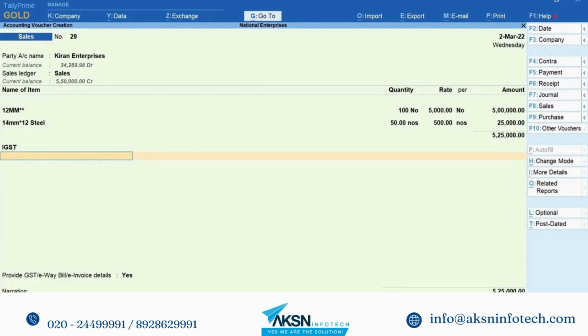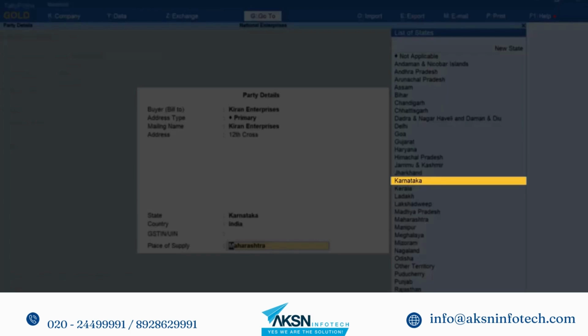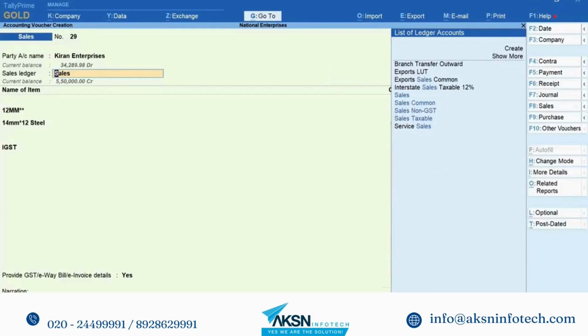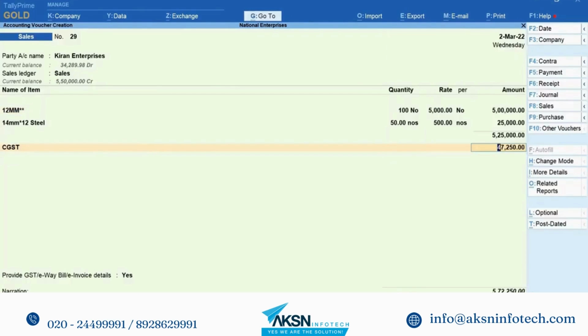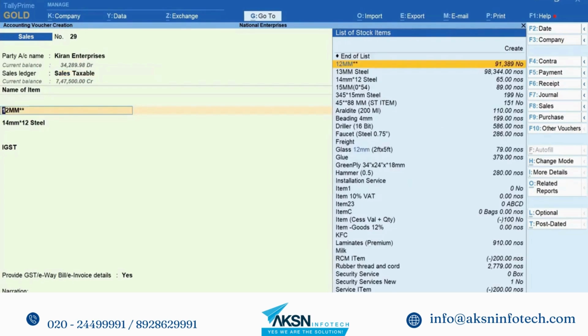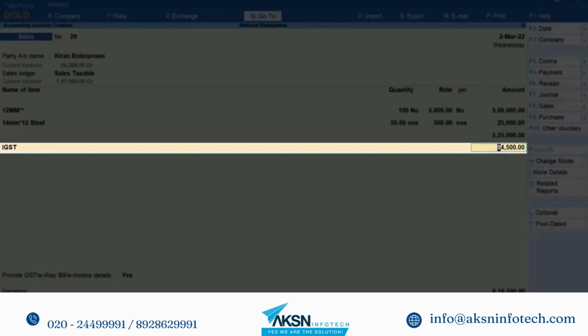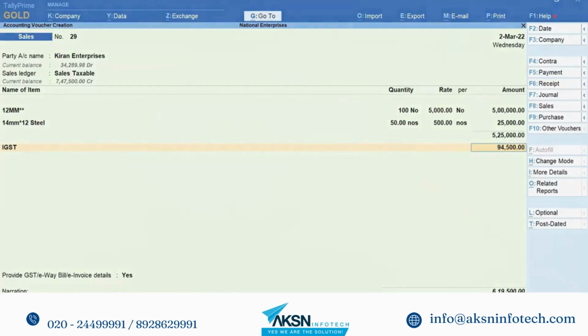यदि पार्टी का प्लेस ऑफ सप्लाई भूल से बदल गया था तो आप वास्तविक प्लेस ऑफ सप्लाई में बदल सकते हैं। अब आप CGST और SGST चुन सकते हैं और टैली प्राइम टैक्स कैलकुलेट करके लागू करेगा। यदि प्लेस ऑफ सप्लाई जान के बदला गया था तो आप सेल्स लेजर बदल सकते हैं और इंटरस्टेट सेल्स टैक्सेबल के लिए कॉन्फ़िगर किया हुआ लेजर चुन सकते हैं। उसके बाद आप IGST टैक्स लेजर चुनेंगे तो टैली प्राइम टैक्स कैलकुलेट करेगा।